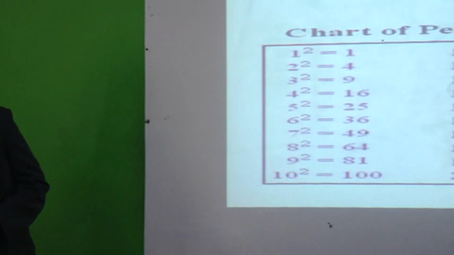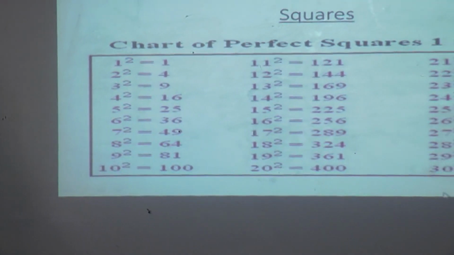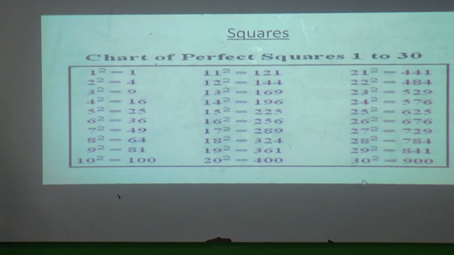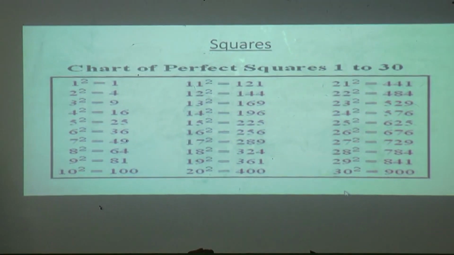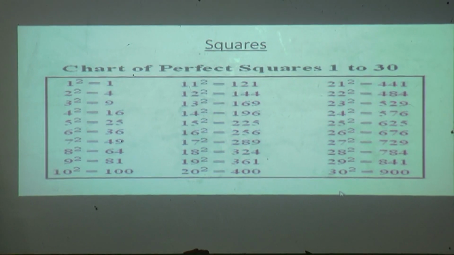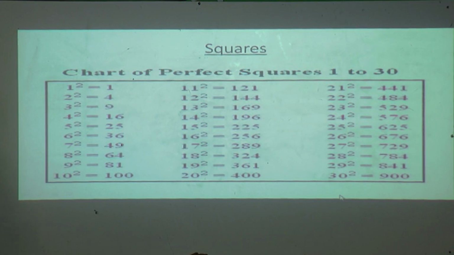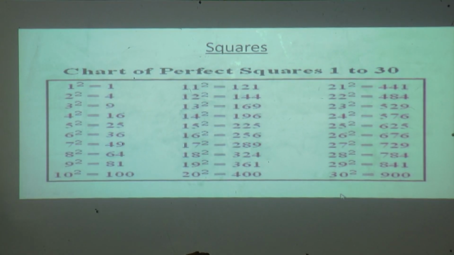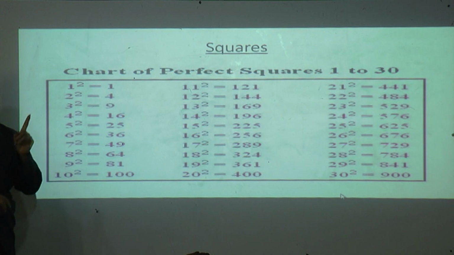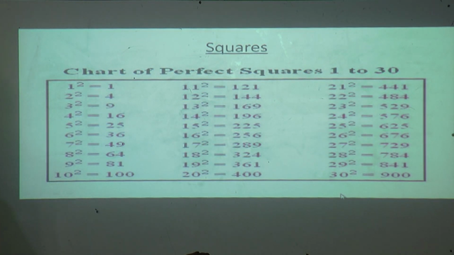So open your textbook, page number 84. Now students, before that, for number patterns, you should know the calculations very well. You should do perfect multiplication, division, addition and subtraction. You should also study even numbers, odd numbers, and squares and cubes. So what is meant by squares? See students, when we multiply the same number by itself, we get the square.